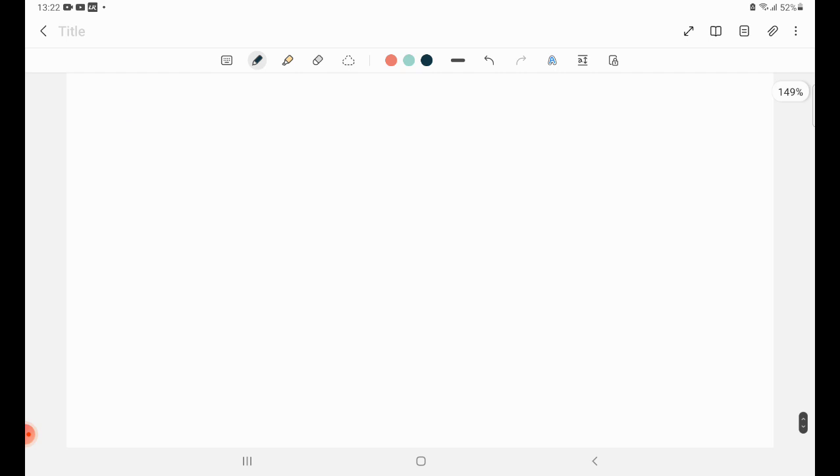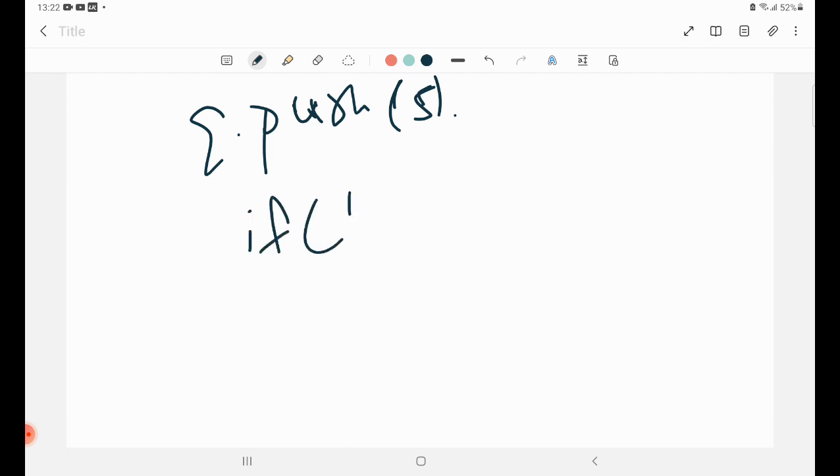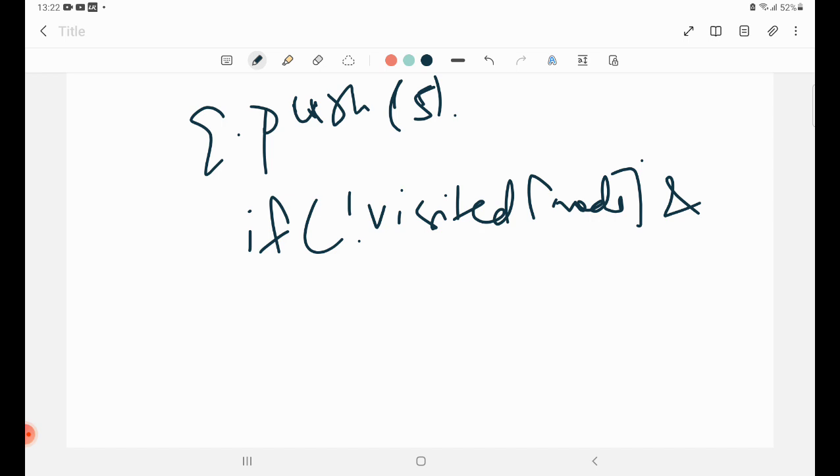So in the implementation part, firstly you will simply push your source, as a very basic thing, right? Then you will go to all of these, you will push all the elements, right? And what is the condition for pushing elements? It's simple. If your node is not visited and your node is not equal to the parent, right, then only. Okay, no, I think if node is not visited,